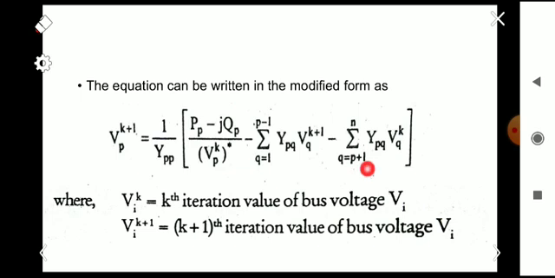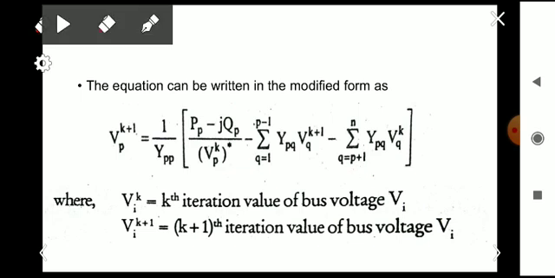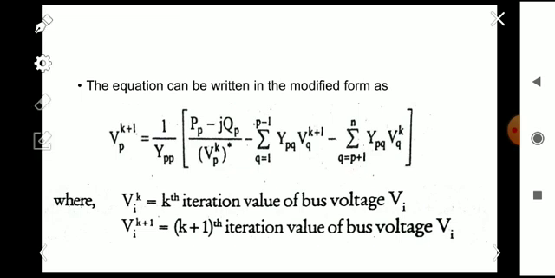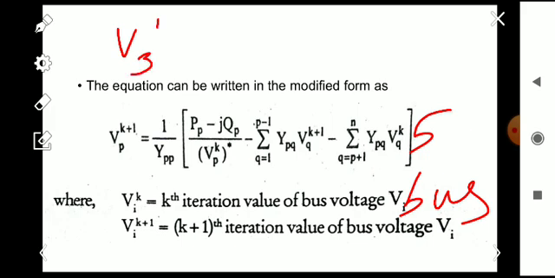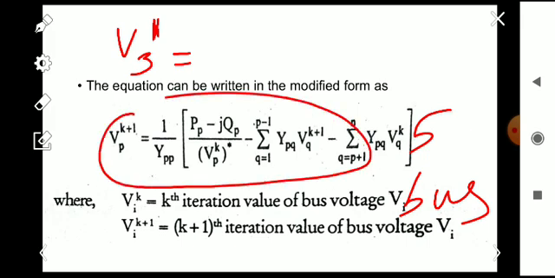For example, assume it is a 5 bus system. In the first iteration, suppose we have to find V31. V3 is the third bus voltage and 1 stands for the first iteration. We are going to find V31 using this equation. So in that case we have to use